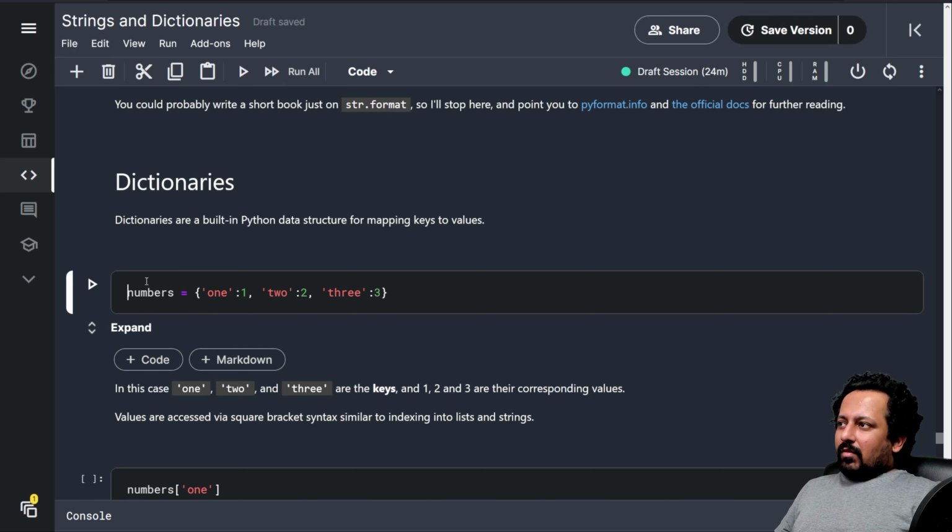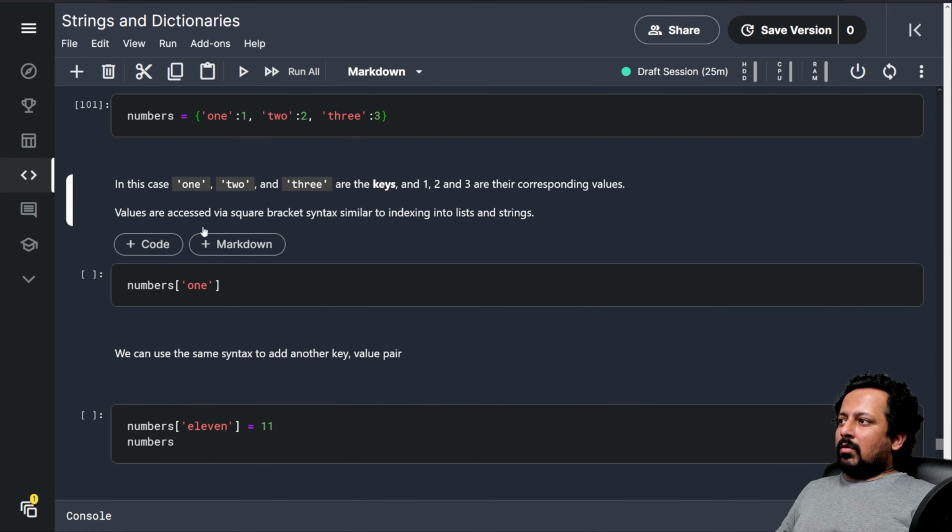Now you have dictionaries. Dictionaries are a built-in data structure for mapping keys to values. So it's like a dictionary. It's represented by curly braces, and inside that you have a key, and every key is assigned a value. So you have a key and then a value, key and then a value.